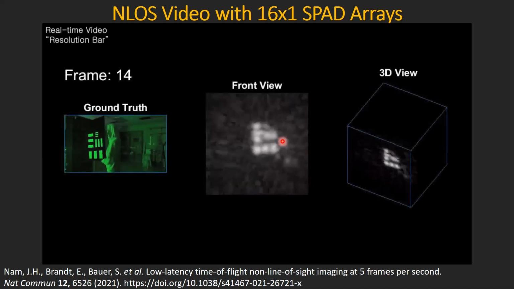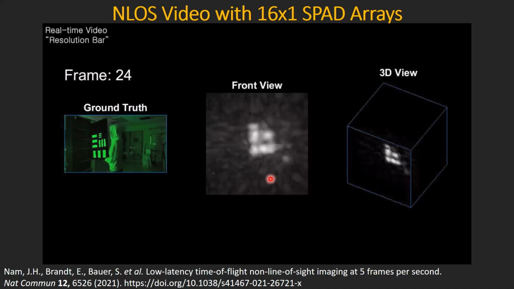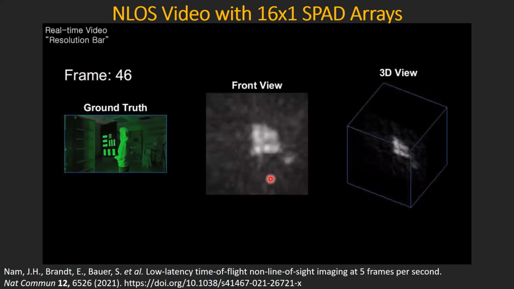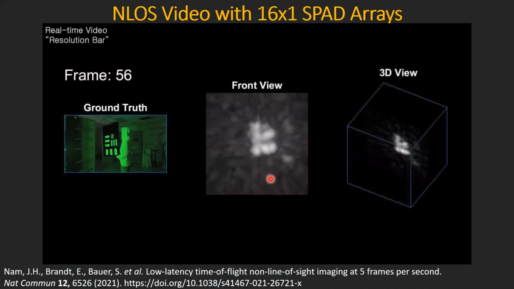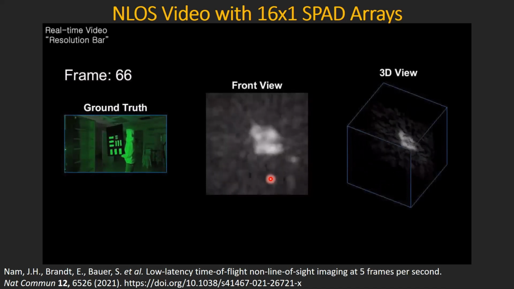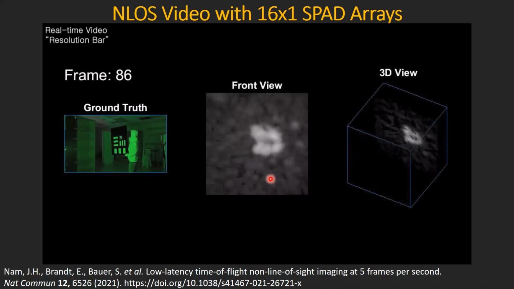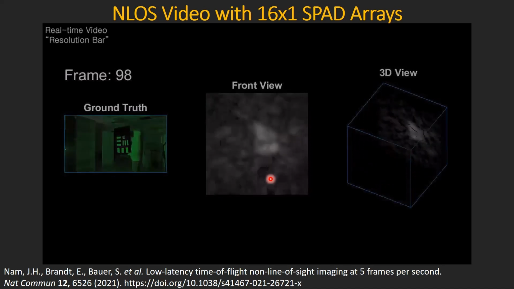This is just a kind of resolution target. So you can see the resolution a little bit as things go further away. And you can see as you go further away, the resolution does decrease, just like in a regular camera. It gets worse and worse. The angular resolution is constant, but the actual absolute resolution, you can see things start blurring together.